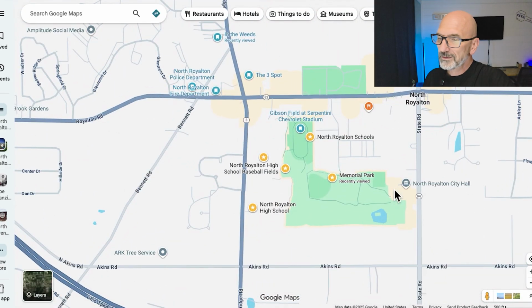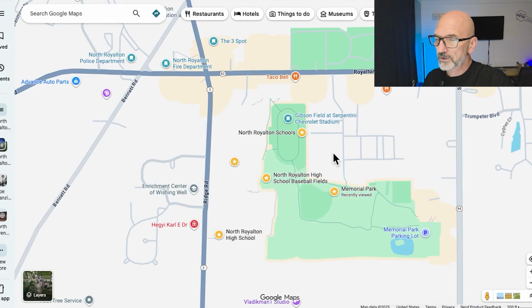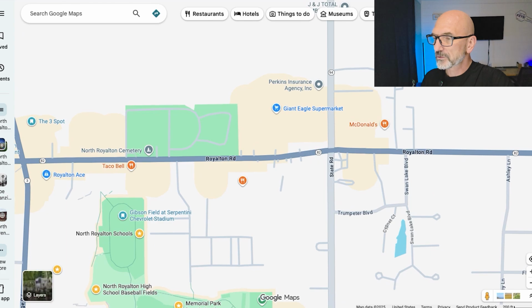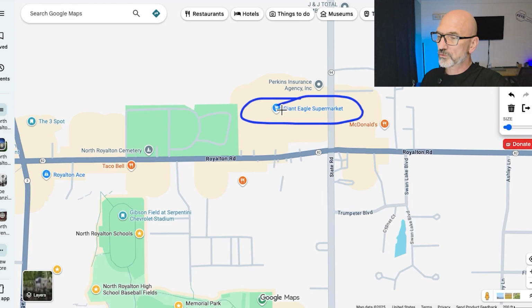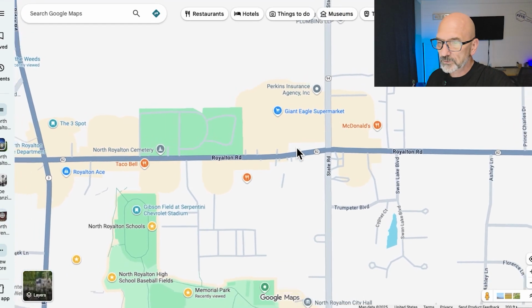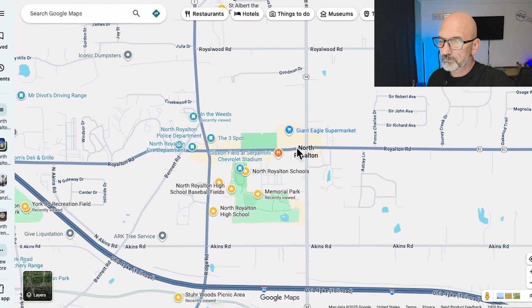Those are downtown. And, of course, you're going to have some of the fast food places like Taco Bell, McDonald's, which is down over here. You've got your shopping center, which has Giant Eagle grocery store right there. So you can do some shopping, you can have some fast food, you can eat at a couple local venues,